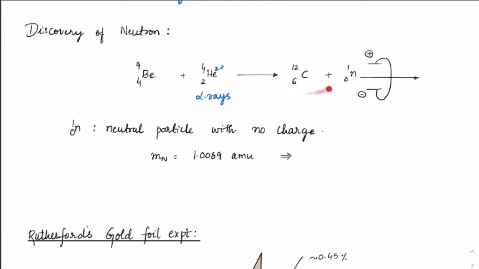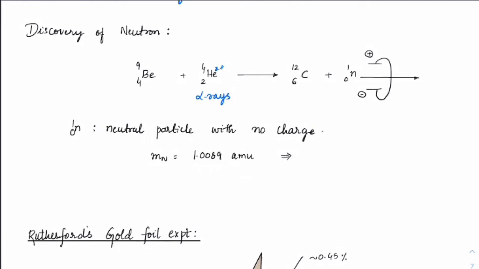Now, as it happened, this entire experiment was done in a closed container, I mean a lead chamber, and there were some rays coming out of it. When there were some particles coming out, it was subjected to an electrical field, but there was no diversion of those particular rays. So which suggested that these rays must be neutral charged, but with sufficient mass, and it was named as neutron. So it is a neutral particle with no charge and this was its mass.